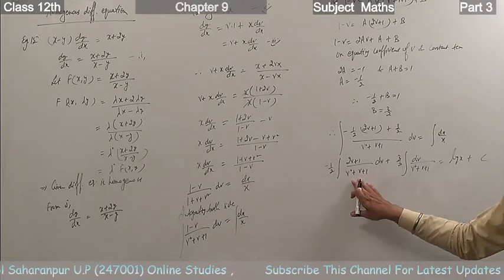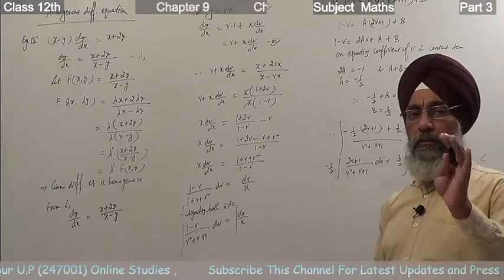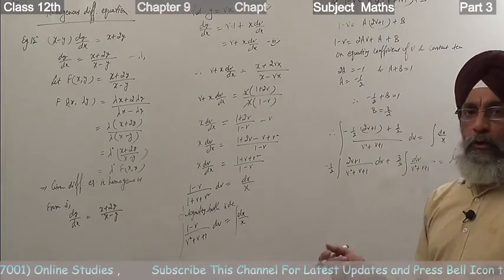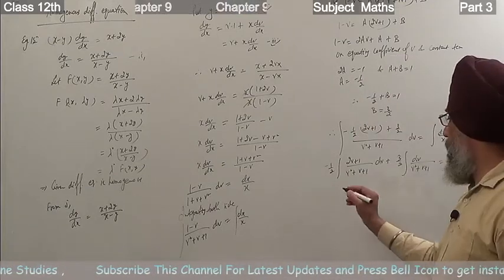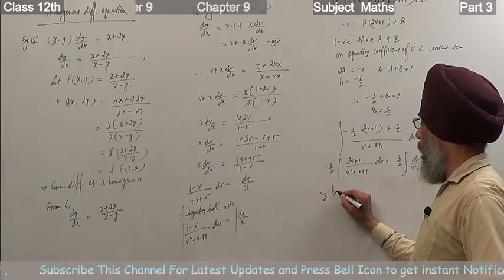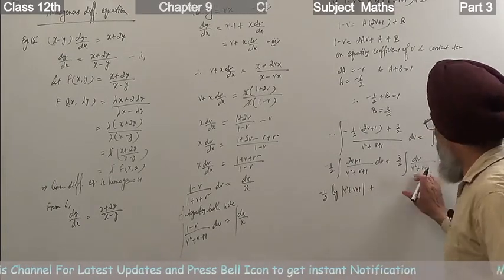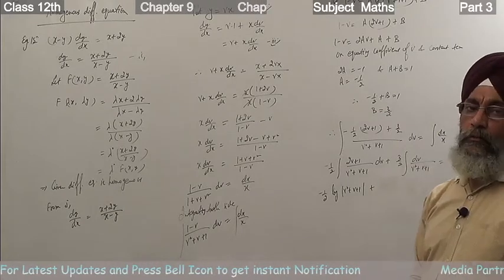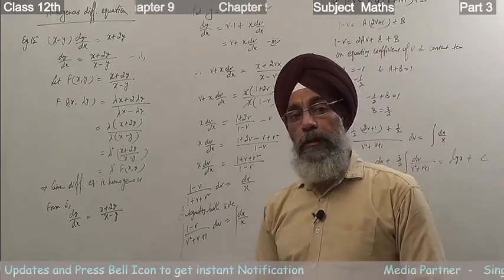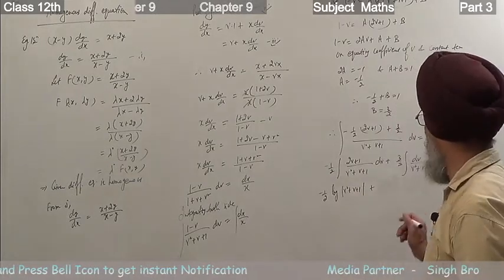Now v square plus v plus 1 has its complete differentiation as 2v plus 1, so we can take the log directly here. So it's minus half of log of v square plus v plus 1. This part we have to solve. It is a quadratic form. We have to convert it into the completing square form and then apply the formula over there.